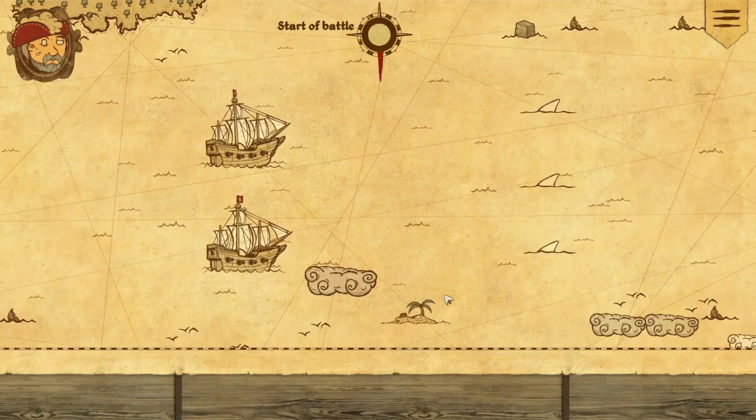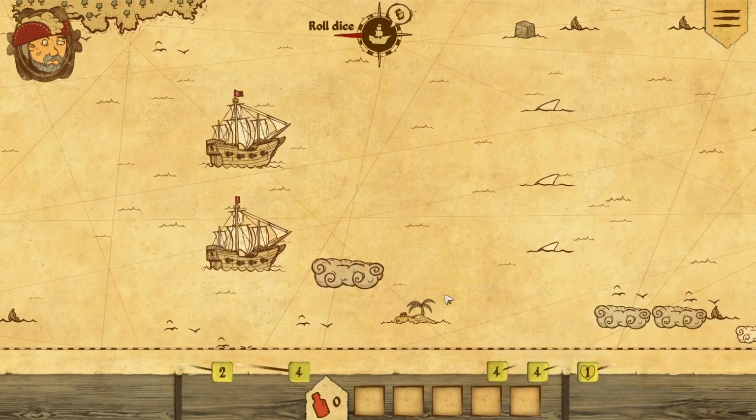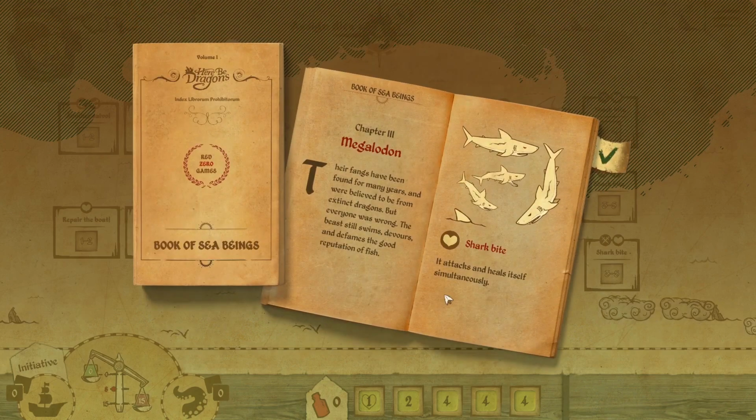Right, so this game has actually been out in early access. But I'm playing the full version here. That comes out on the 30th of January 2020 on Steam. It's by Red Zero Games, and thanks to them for giving me a key to this to check it out,